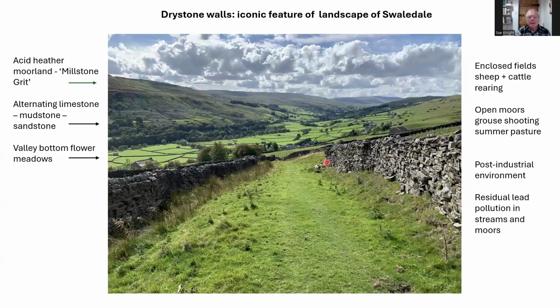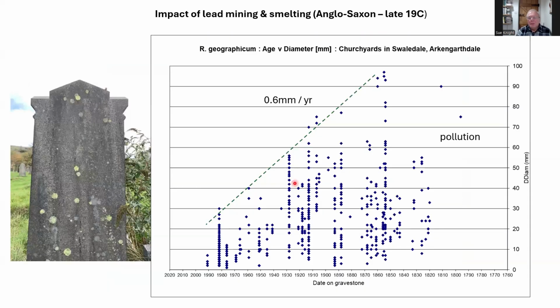Now, this looks like an idyllic scene, but actually it's a post-industrial landscape. From at least Anglo-Saxon times up until the 1890s, there was lead mining and, more importantly, significant lead smelting in the area. So you have to imagine at times that the atmosphere must have been full of sulfur dioxide and its associated acid rain. As an indication of this, some time ago we did a survey of Rhizocarpon geographicum on